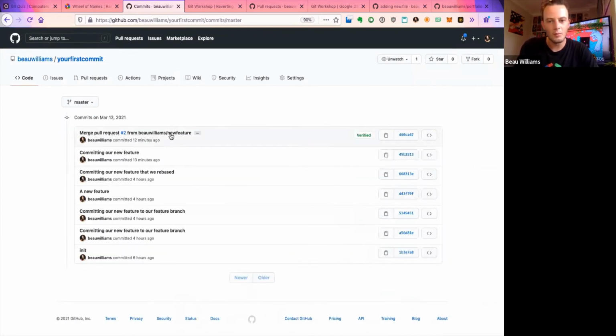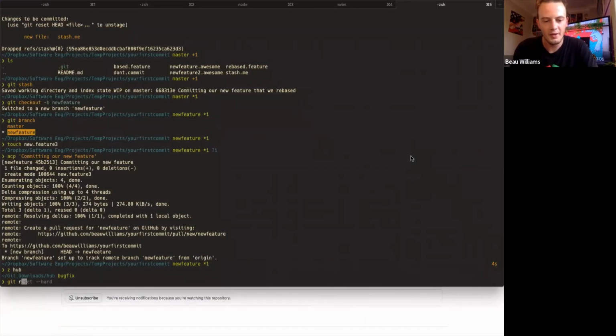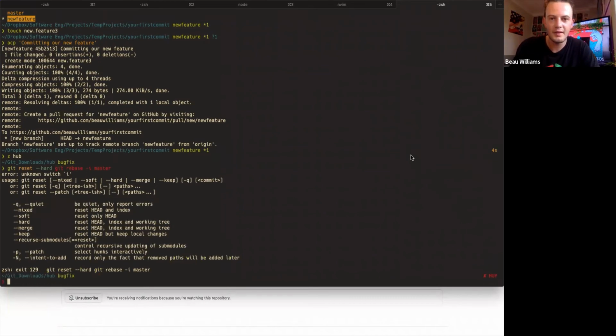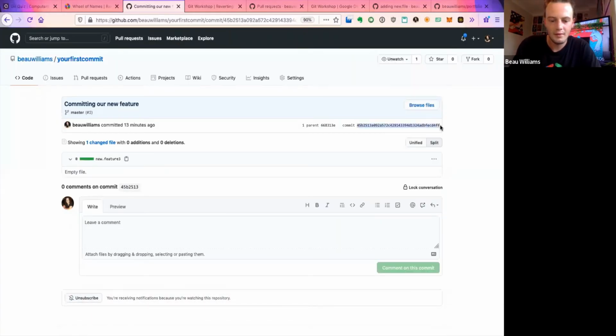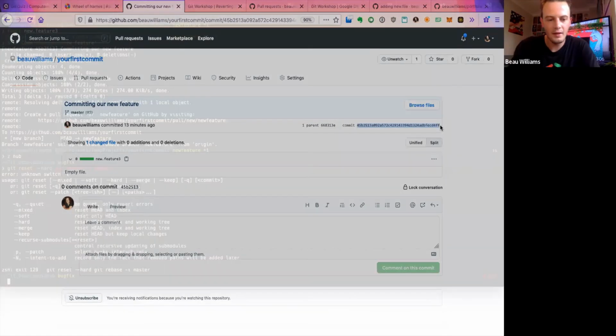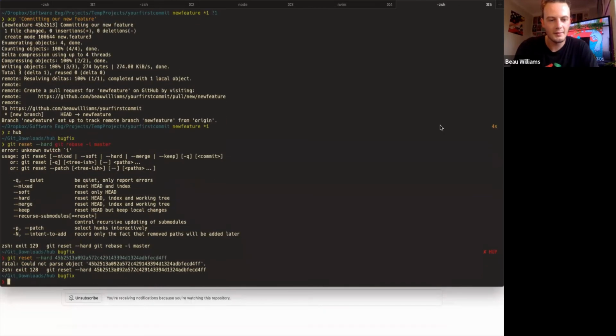Say the one our merge request was wrong. We can copy this, right? And then we can do git reset --hard, and whoops, that's not it. Git reset --hard, and then we can reset it to this commit.